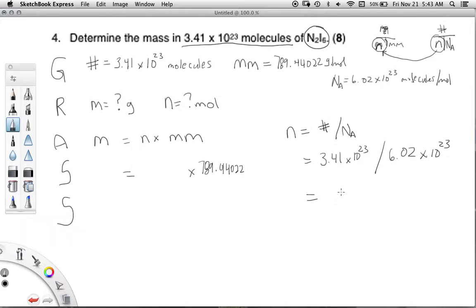Now, before I do my math, it's always good to know what I should be expecting down here. Even if I don't really understand what's going on, if I divide by something that's the same, it cancels out. I should recognize that from math. Times 10 to the 23 isn't the same as an x, but that's the same idea. That's going to go away. So then my real math is 3.41 divided by 6.02. 3 divided by 6 is about a half. This is 3.4, so it's higher than a half. So I should get a number around a half, but bigger than a half, with no 10s to the 23